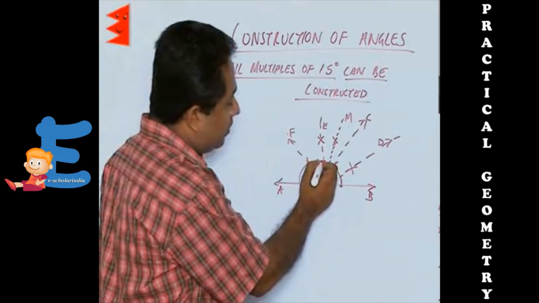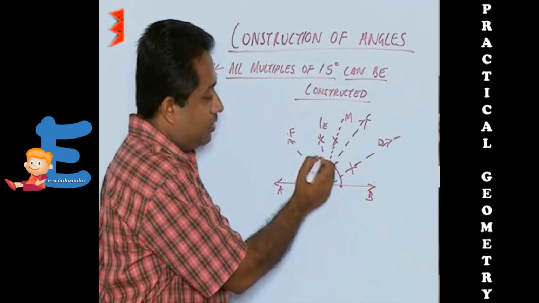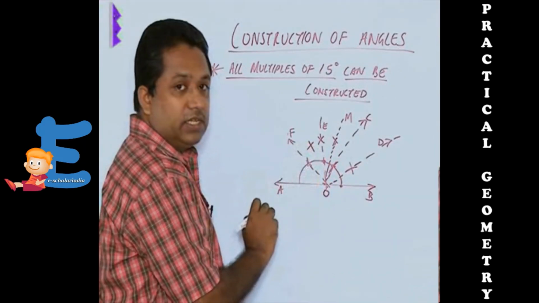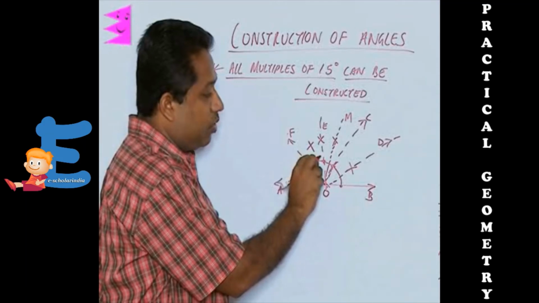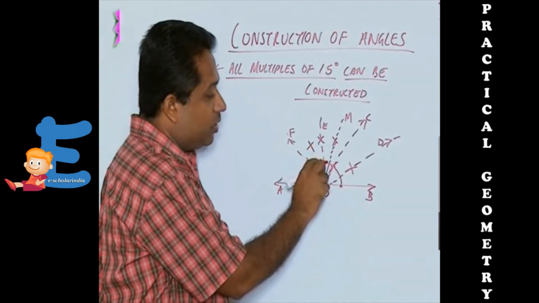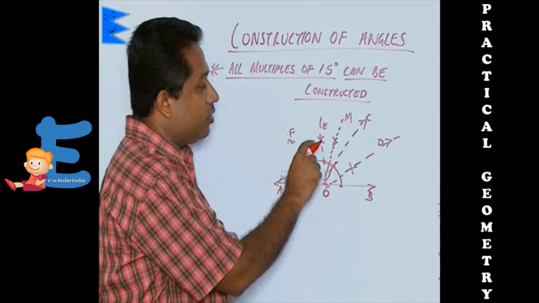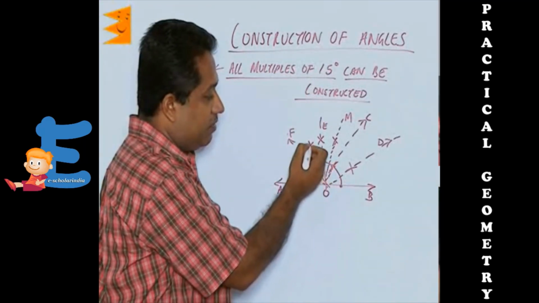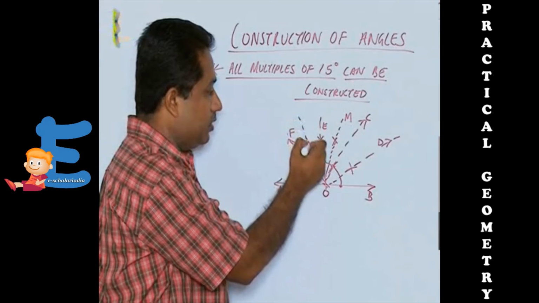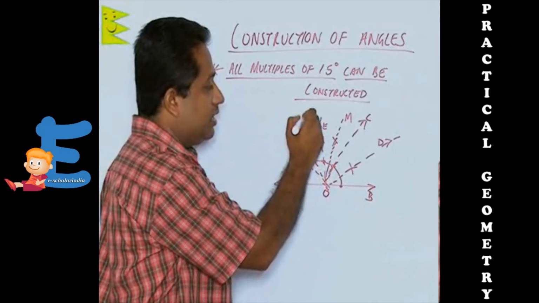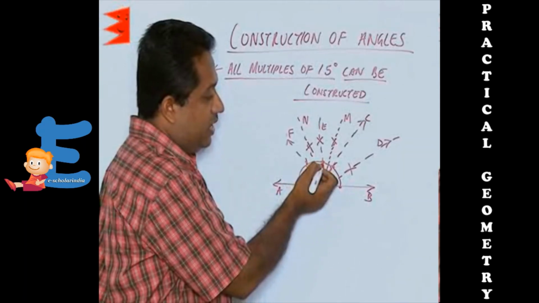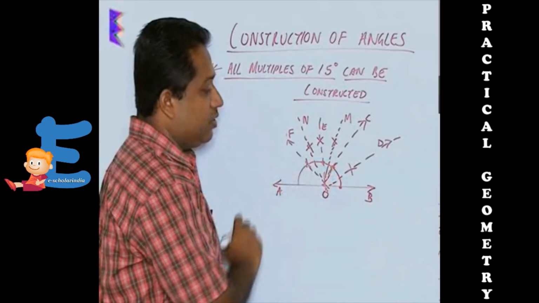So we are going to take from here and here some radius, but it should be equal and they should intersect each other. The radius should not be too small, because if it is too small they may not intersect, and at the same time it should not be too large, so about average size. So from here and here we've got this intersection point. So this point let us name as N. So this is going to be between 90 and 120, that is 105.